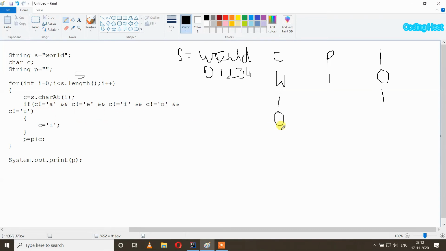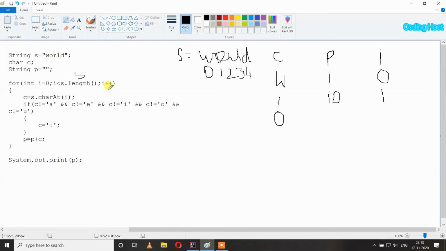But here c is equal to o, so this statement will become false and it will not execute because it is a vowel and we don't have to replace it with i, so it will remain as it is. And then p equal to p plus c, so p is i and c is o, so it will become io.